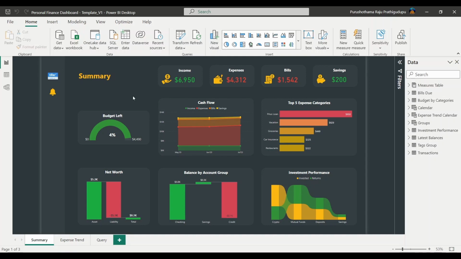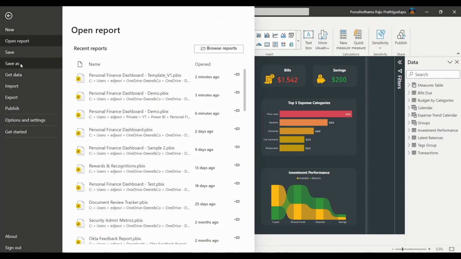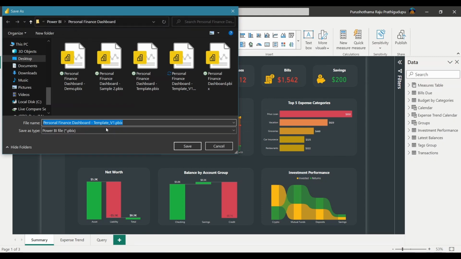So we need to update it to use with our actual data. But before that, let me just save it with a different name so that even if we make some mistake in the future, we can always refer back to the template file. I'll hit file and then save as, and then you can select the folder whichever you want to save it in.